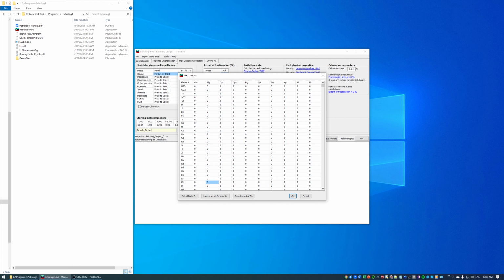When you first come to this form, you can see that values for all distribution coefficients are set to 0, which means that they would be considered completely incompatible in every phase, and their concentrations in every phase will be 0. On this form, the elements are listed on the left,